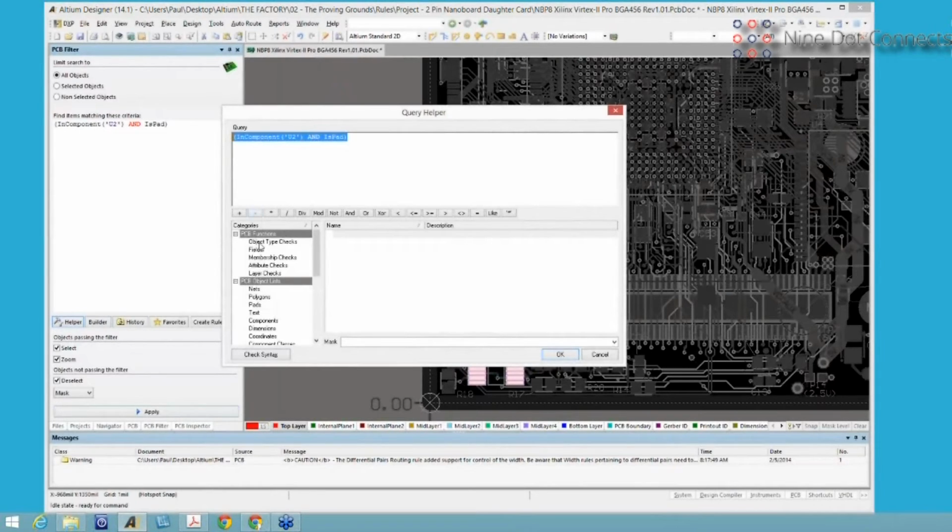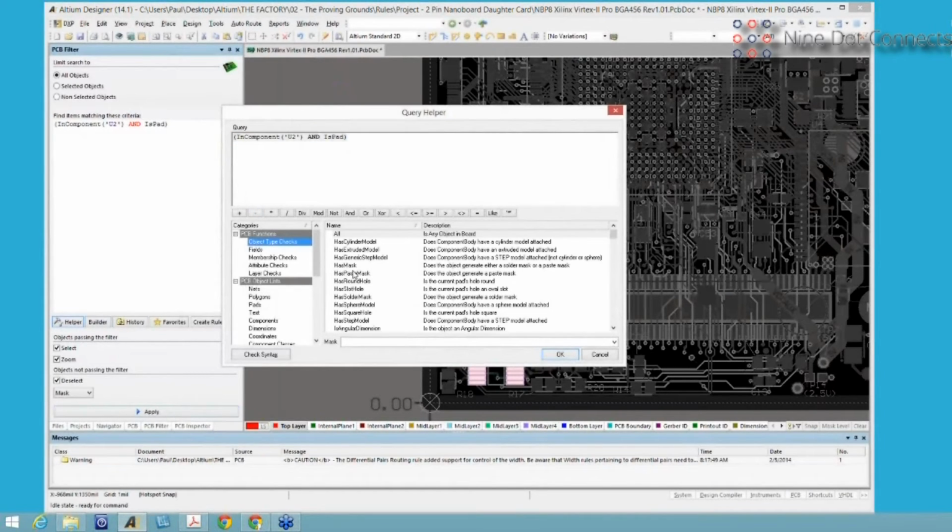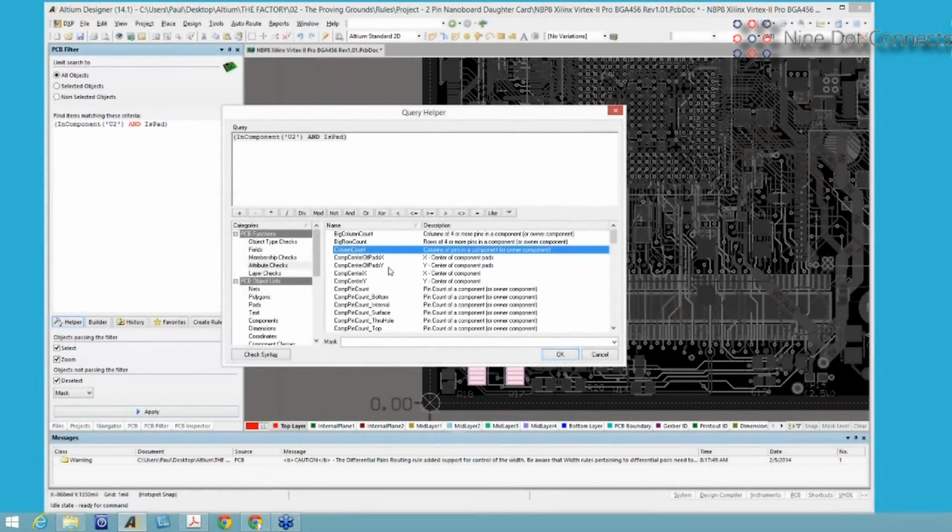So we've got some categories over here, and all these categories represent every single query that Altium has, okay? So if they got it, it's in here. Now, one other thing I'm going to mention here that's going to be probably of use to you, you'll notice over here first and foremost that they give a name and they give a description. What they don't do is give you the